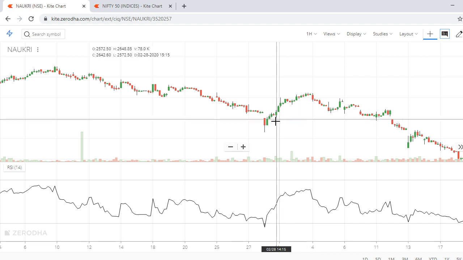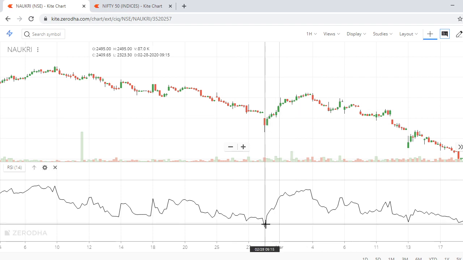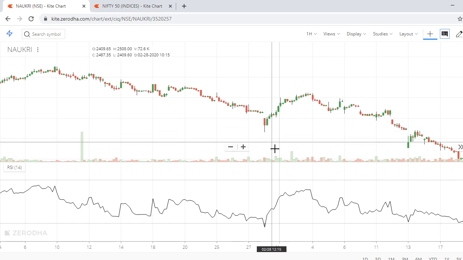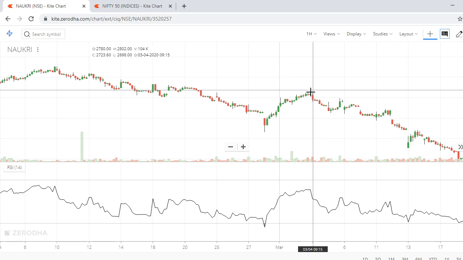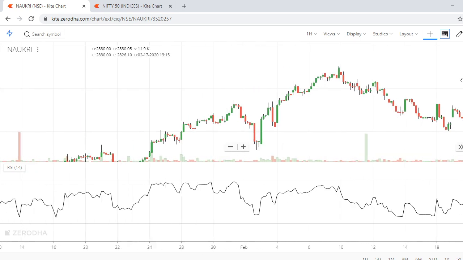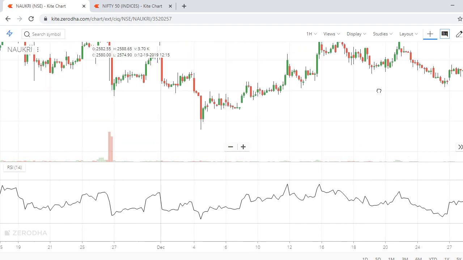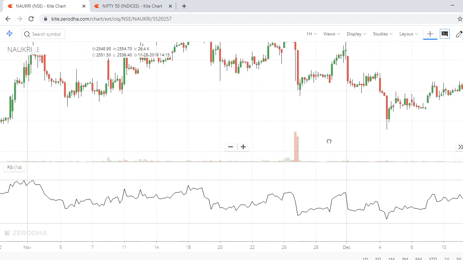So what I am trying to tell you, now you are not supposed to buy here. The only thing is you are not supposed to sell. So there is no further down. From here it took reversal. And many times it happens. Okay. So you need to be a bit careful.